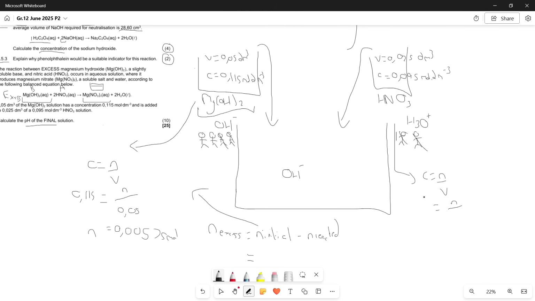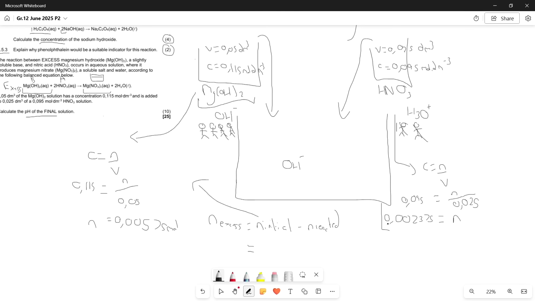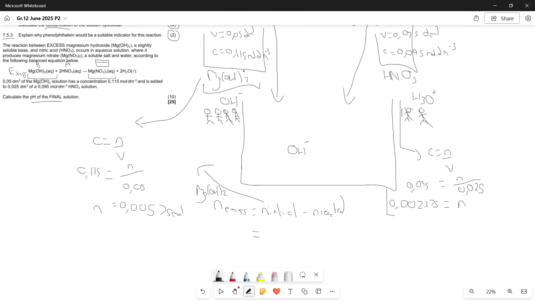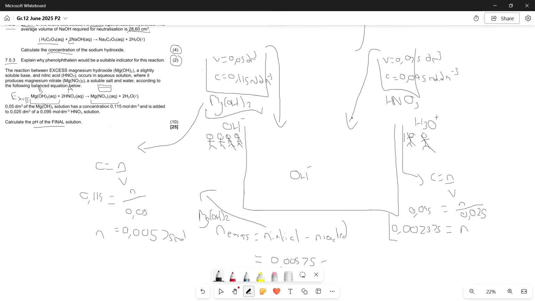Okay, so our n is what we want, our C was given to us as 0.095, and our volume was given to us as 0.025. Once again we can multiply the 0.025 by the 0.095, and our answer for our moles is 0.002375. A reminder that this has to do with our HNO3, and in this formula here we're looking at our MgOH2, which means we have the initial, which we calculated previously in the first beaker, so we have 0.00575. Then we need to see how much of it reacted completely with the thing that ran out first,